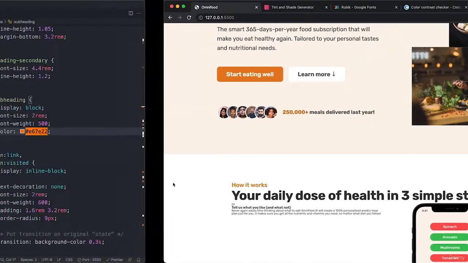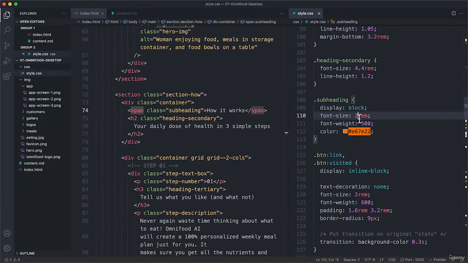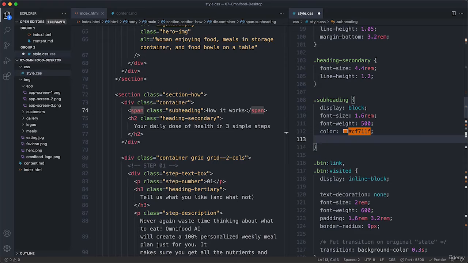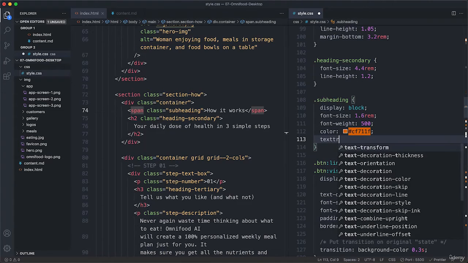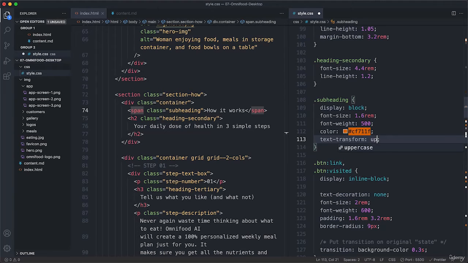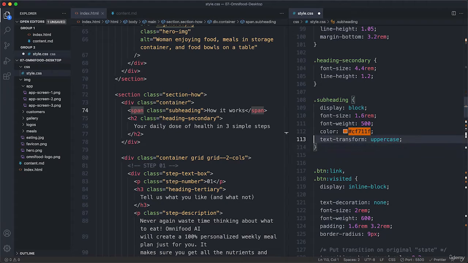So let's put it a little bit down. So maybe 1.6. And here I'm going for that darker tone now. Okay. Let's now also make it uppercase. So text transform uppercase, and also some margin to the bottom